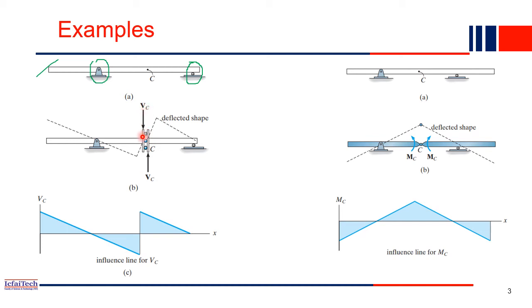So once we apply V, what will happen to this segment of the beam? Once we apply the load here, this part will rotate and come to this direction. Originally the beam was horizontal. Now after applying the load VC, this beam will be deflected in this shape. Similarly, on this side, if we apply VC here, this part will go up and be deflected in this manner. The deflected shape of this beam is nothing but the influence line diagram of VC as per the Muller-Breslau principle. So just draw the deflected shape, and this is the influence line diagram of VC.